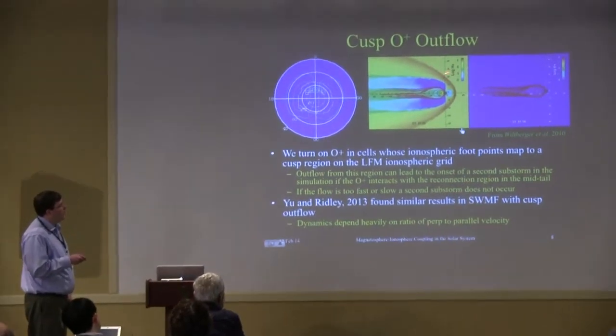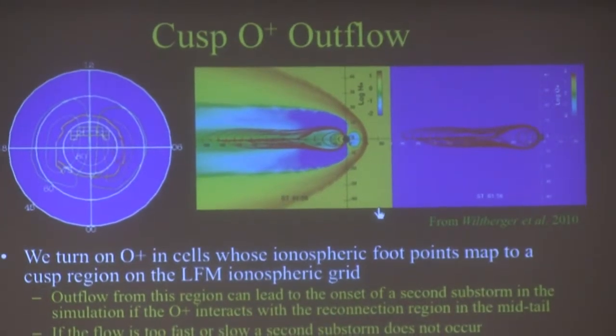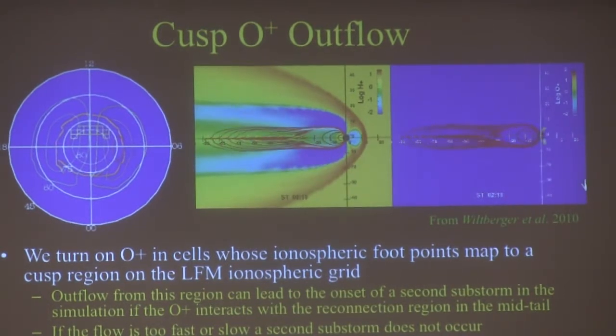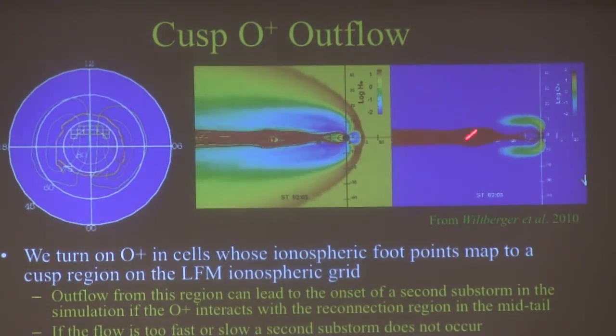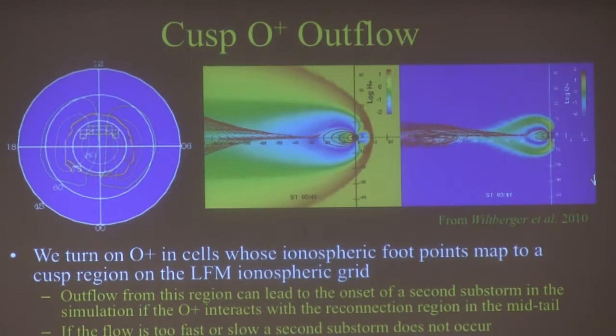This panel is showing the log of the H plus density. This panel is showing the log of the O plus density. And in both, the red lines are magnetic field traces. And what you're going to see is the O plus coming up out of the cusp and going back into the tail. And then here, a second substorm kicks off in the multi-fluid simulation, which was not observed in the